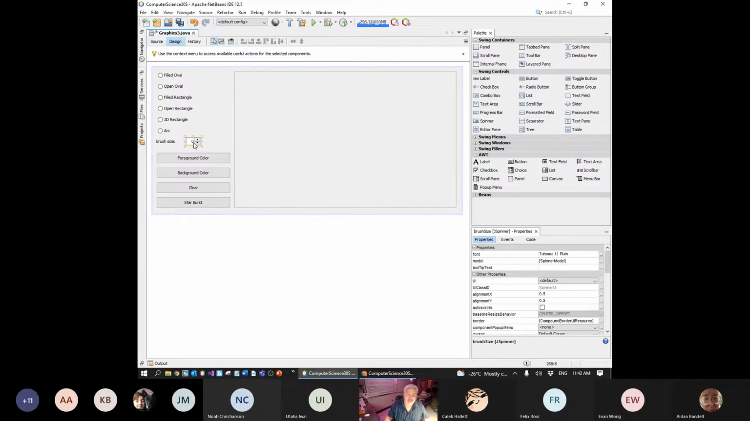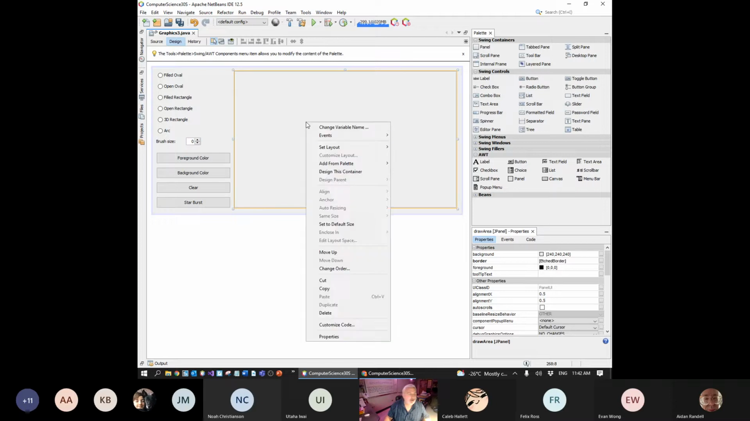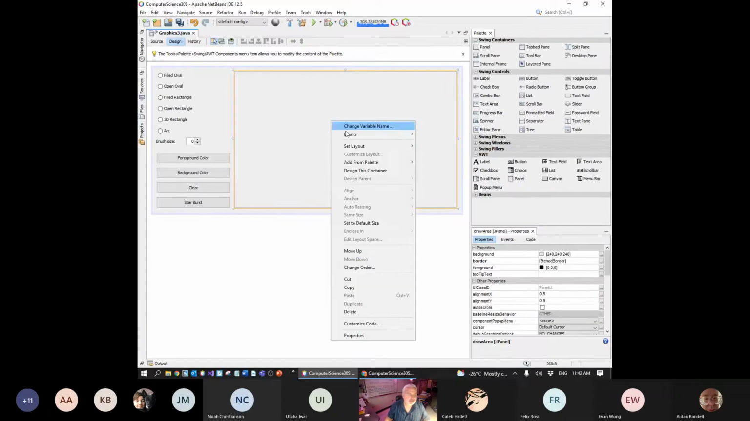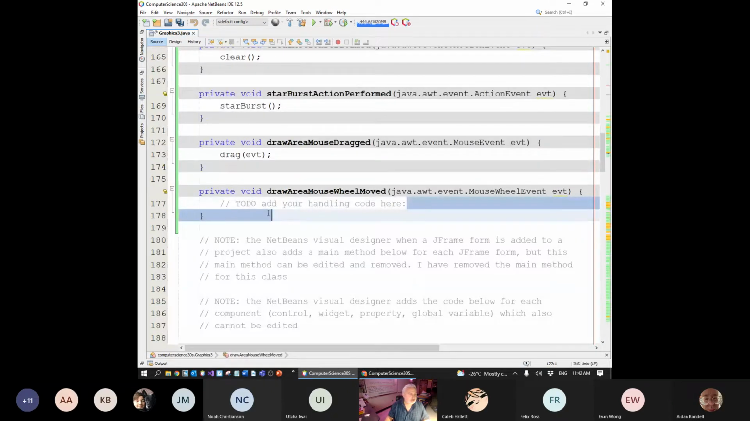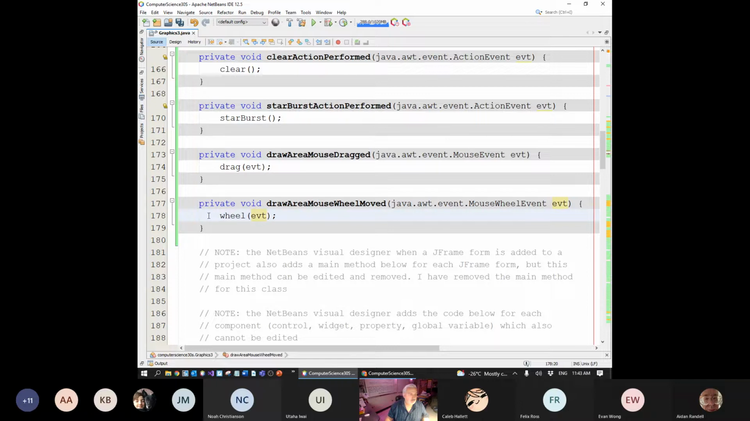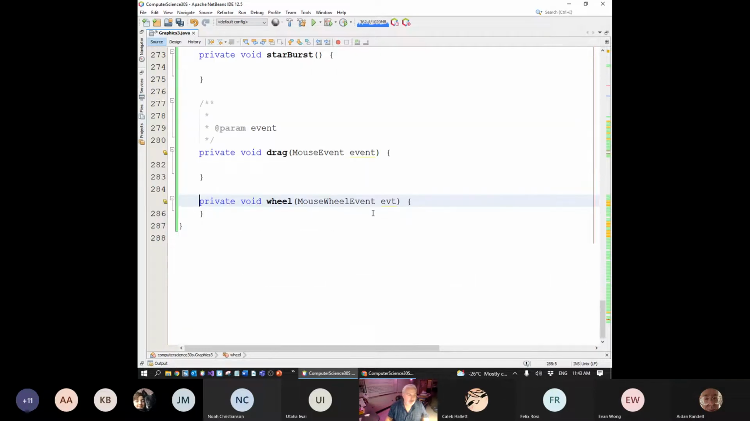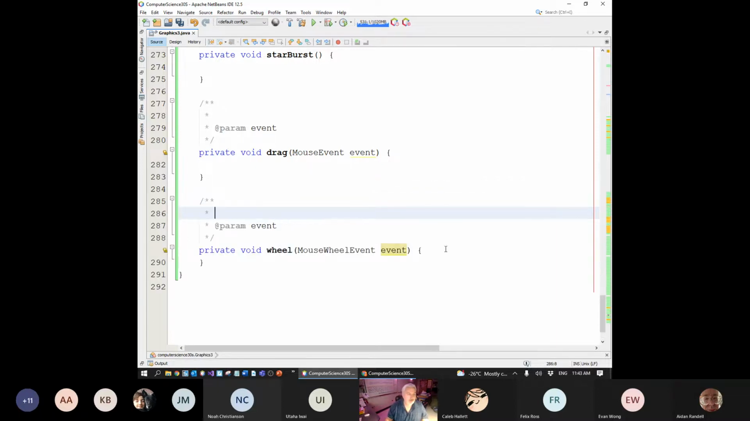Now for the panel, I'm also going to add another event, a mouse wheel event. So when I spin the mouse wheel, something's going to happen. And for that one, I'm going to make a custom method just called wheel with the evt. Create the method. Okay. And then rename it, comment it, and get it ready to go. Okay, so mouse dragged, mouse wheel,